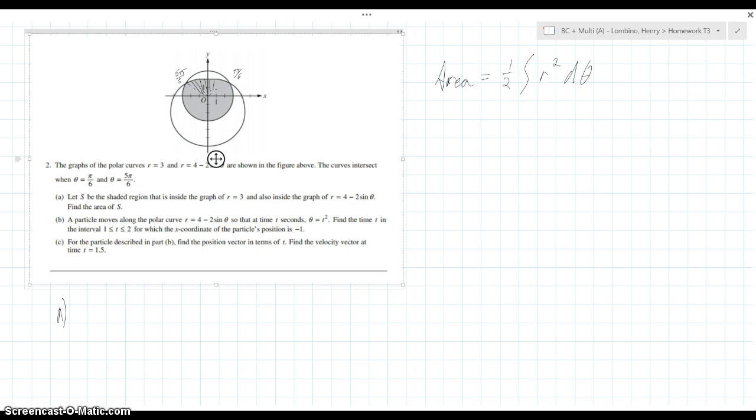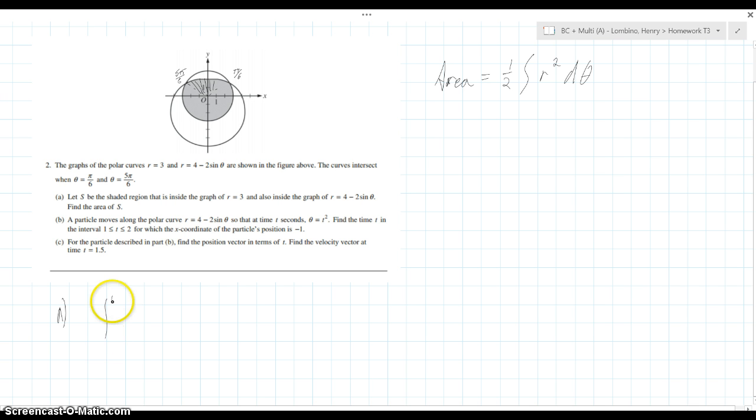Okay. So let's first do the integral of, so this circle here is the integral of r equals 3. So that's actually a really easy integral to do. It's going to be the integral from 5 pi over 6 to pi over 6, because it starts here and goes all the way around to here, of 1/2 times 3 d theta,